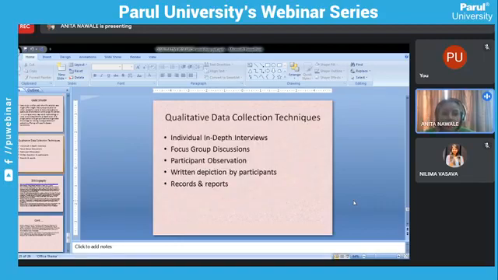So we have seen the major designs in the qualitative research design, that is phenomenology, ethnography, grounded theory. Then we have seen the case study method and the action research method. So, what kind of data collection techniques are used in all these methods? There are some methods which are different than the quantitative research methods. First one is individual in-depth interviews. Here we take the individual in-depth interviews not one time. Sometimes if it is required, then we take multiple interviews.